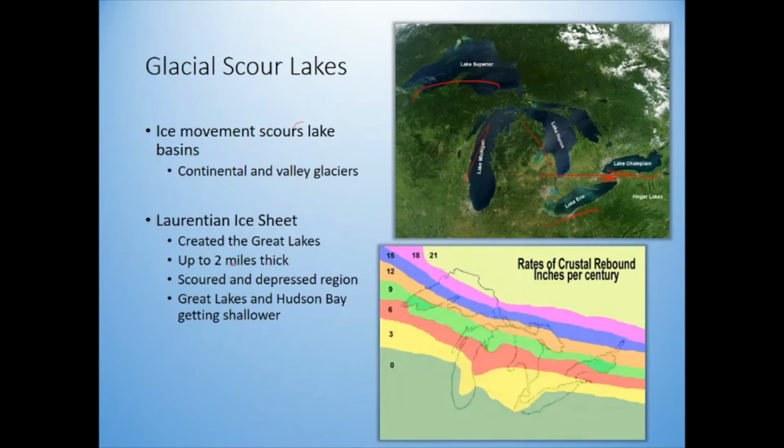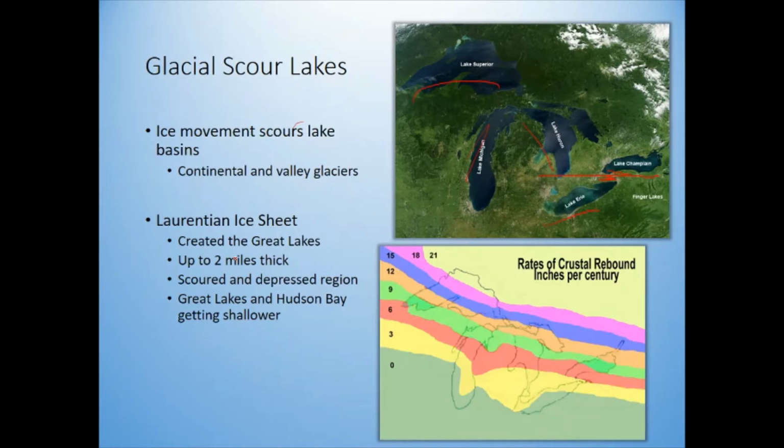The thing is, though, the Great Lakes are caused by a different reason too, and that has to do with the glaciers warping the crust of the Earth. Imagine a basketball, and you take your fingers and press down with your two middle fingers close to each other. That creates a depression in the basketball, right? And that's what happened with this 2-mile thick sheet of ice, which was a ton of weight on the crust that pushed it down.